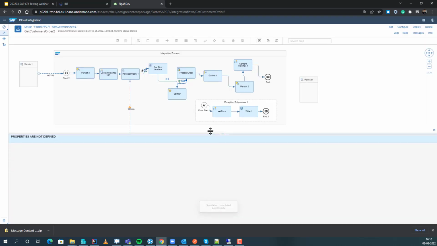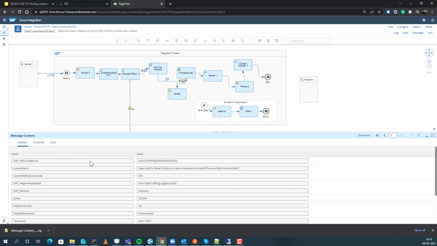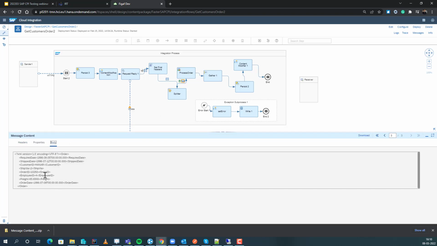So now we can see here the simulation is completed. We got a number of messages here. It's not really as relevant, but the idea is that you can then go here and check that the result is as expected and it passes through the correct steps. I would say this is one of the more challenging things to do,